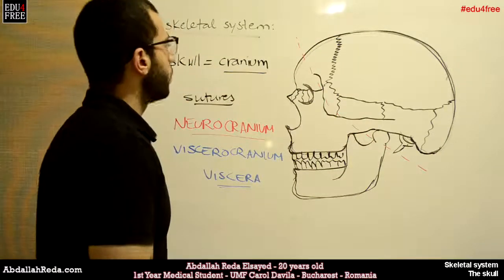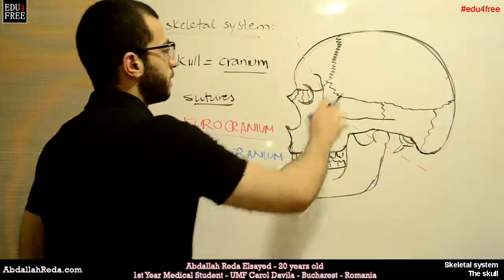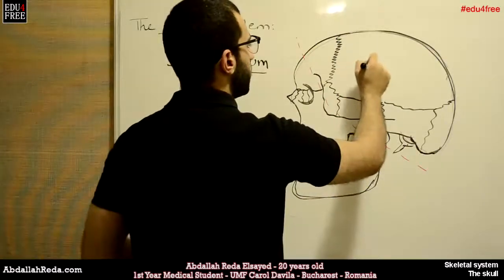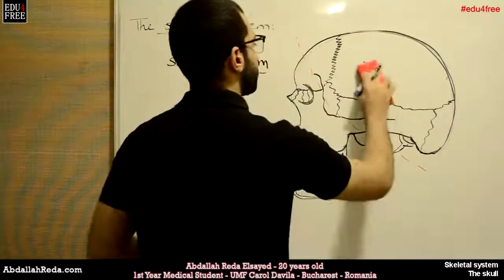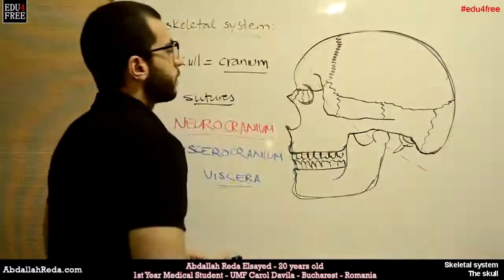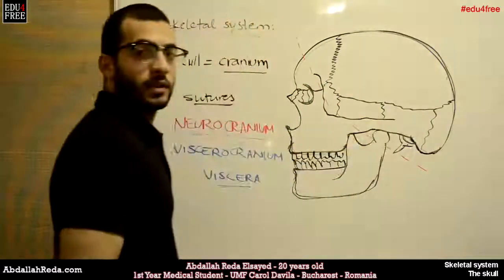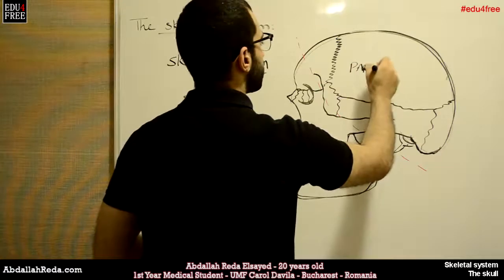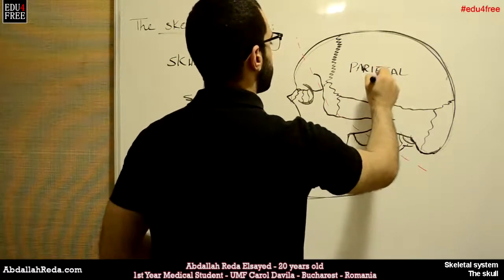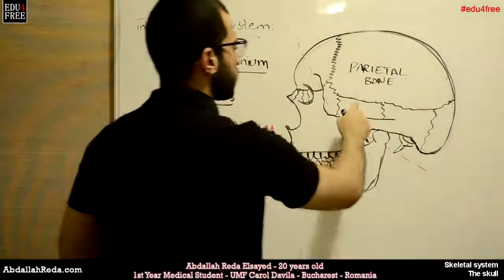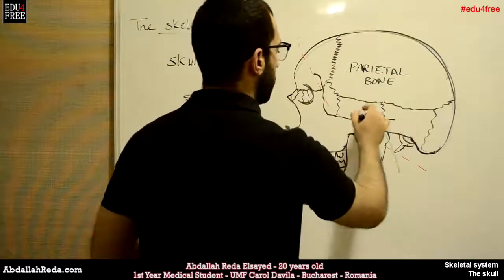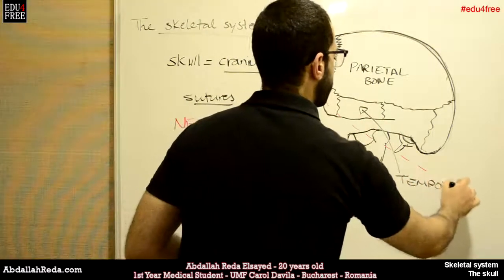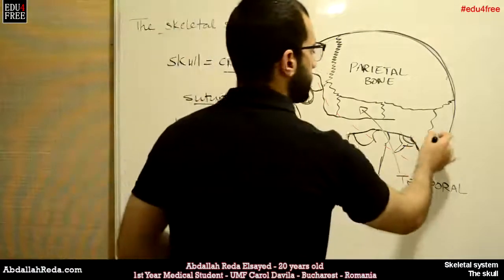Now, we can name some bones of the skull. We are not going to talk about this in detail, but for example, this big bone on this side is called the parietal bone. We have this one here. This is called the temporal bone. This one is occipital